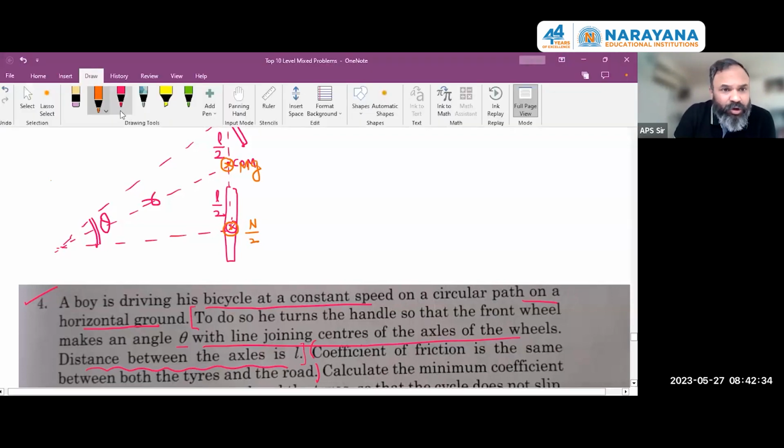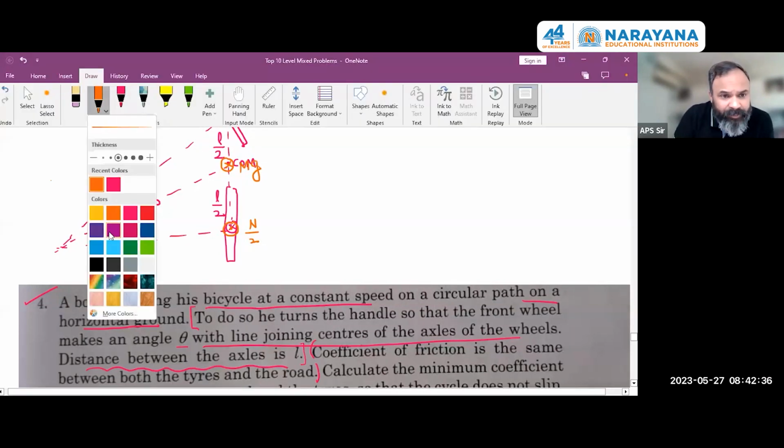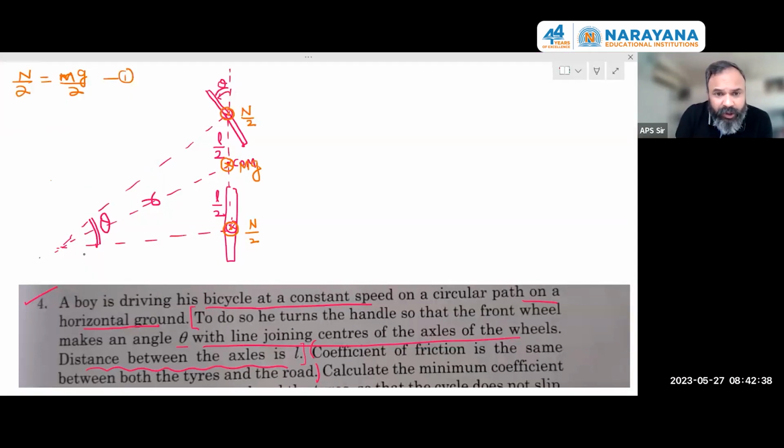If this cycle is not slipping at that juncture of time, that means on the rear wheel, I must have a friction like this, which I'm calling as static friction Fs2, right? And on the front wheel, because I have made that rotation, there's a tendency of going out. So I will have a friction which will act anti to that tendency, and that is Fs1 for me. I don't know the values of Fs1, Fs2, but both are less than the limiting friction because the cycle is